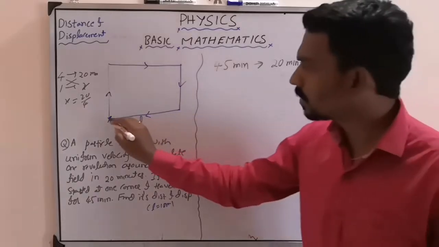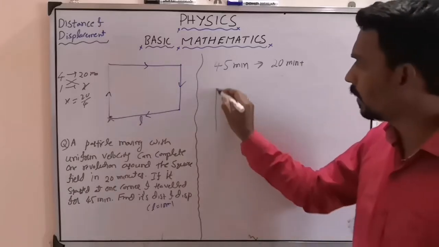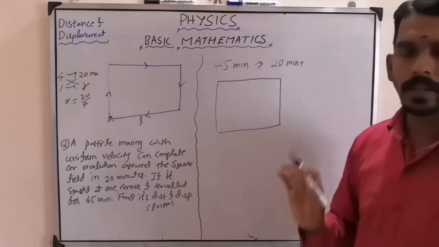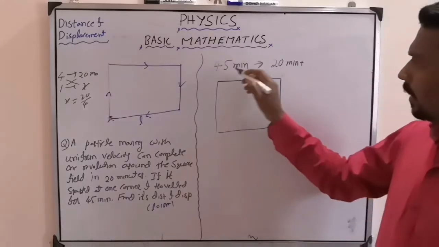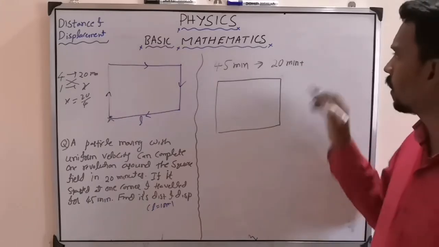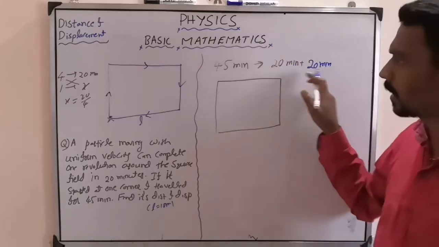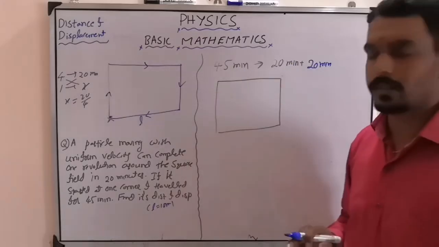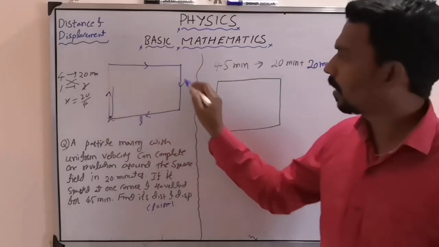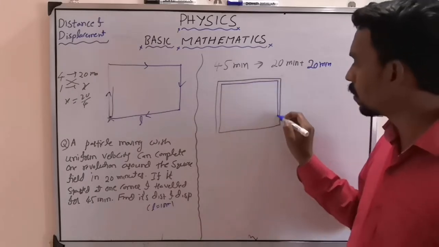So in the first 20 minutes, suppose he started here and he came back. So he completed one round after 20 minutes. Then the next 20 more minutes. Can you get it or not? You can get 20 more minutes also, because 20 plus 20 is 40. But we have 45. Now after 20, again he will travel and he will complete one more round. So he has now completed one more round.